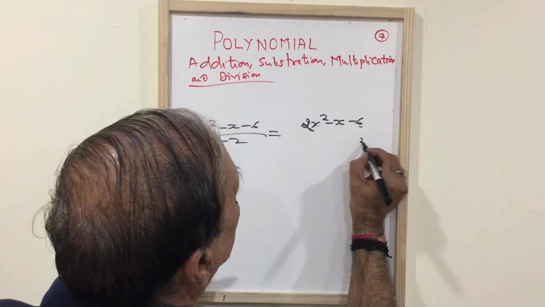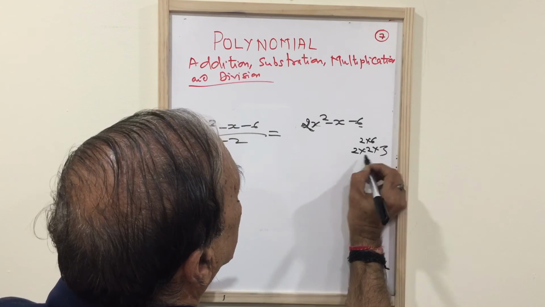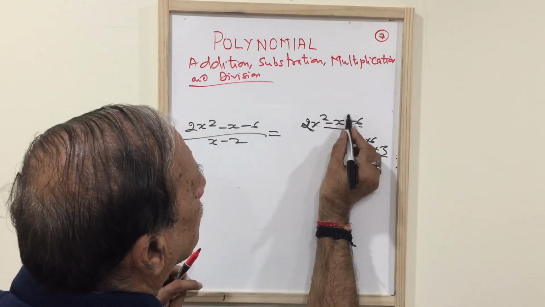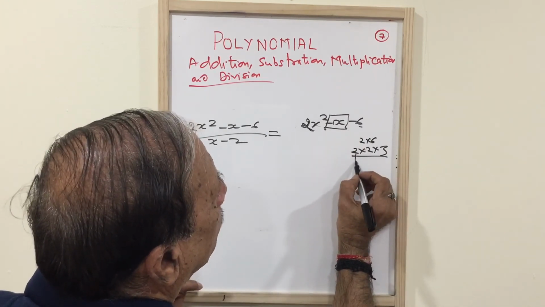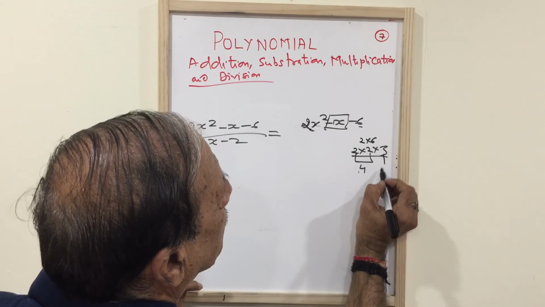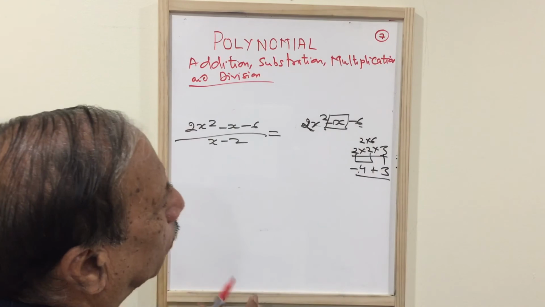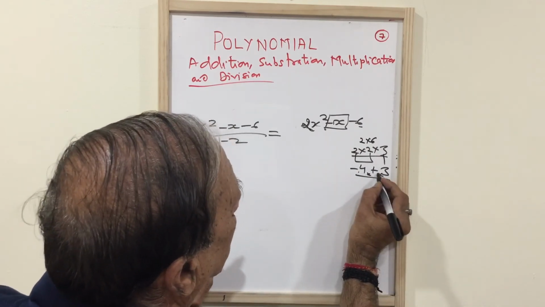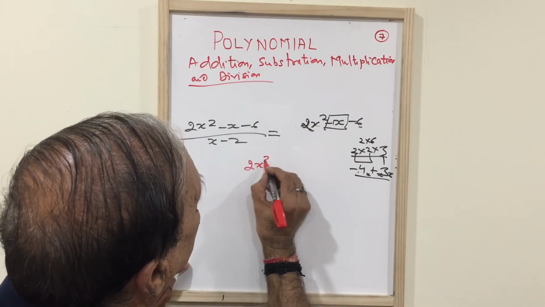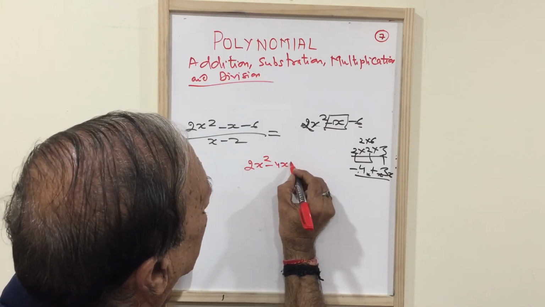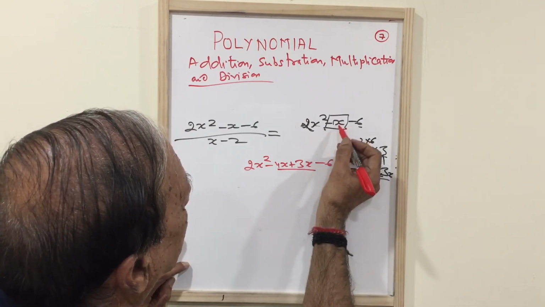We will multiply this 2 into 6, it's 12. We will take out the factors, that is 2 into 2 into 3. We want to find numbers such that it will become minus 1. So from this we can pair, 2 into 2 is 4 and 3 is left over there. If we take minus 4 and plus 3, it will become minus 1. So we'll put x against these. So we'll substitute the value, 2x square minus 4x plus 3x minus 6. Minus 4x plus 3x is minus x.